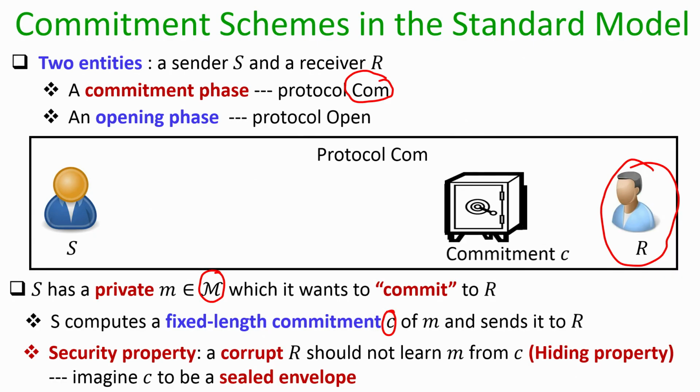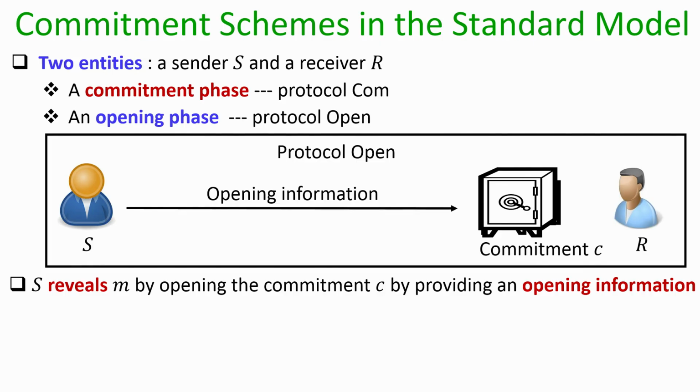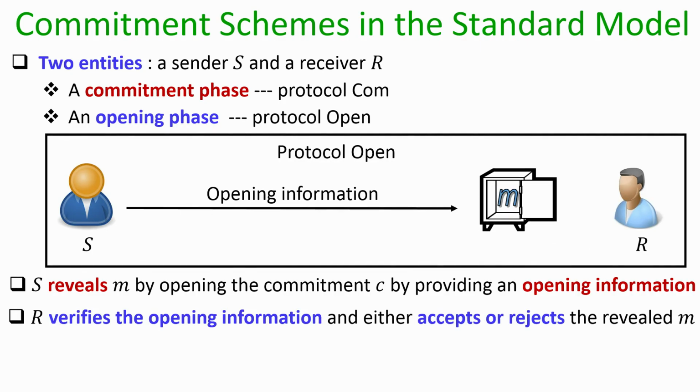So, from its viewpoint, the C should look like a sealed envelope. It cannot see what exactly is the message which has been kept inside the commitment. The second protocol is the opening protocol, which implements the opening phase, where the sender reveals the message by providing some kind of opening information, and once the opening information is provided, R verifies it and opens the sealed envelope, and based on certain criteria it either accepts or rejects the value which is revealed now in the opening